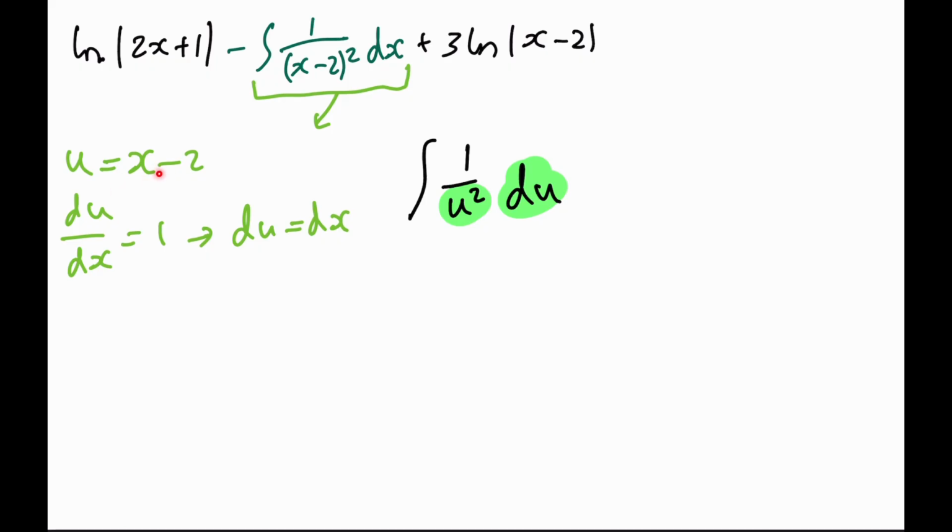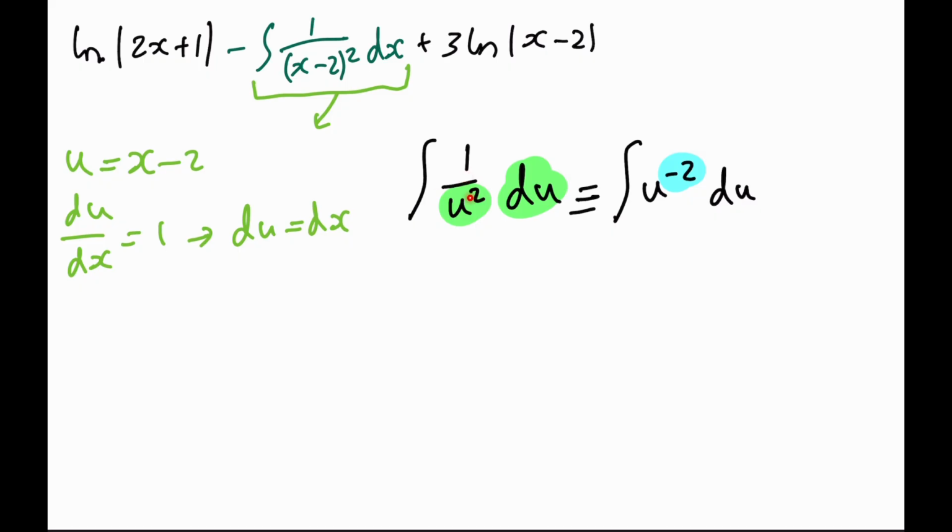Your u is x minus 2, so you make your u at the bottom here, so 1 over u squared, because this would be a u in here. And your dx, you just replace it with du, because in this case, dx is equal to du. And you can write it out like this. This is your integration for this. And you can write it even simpler as the integration of u to the power of minus 2,